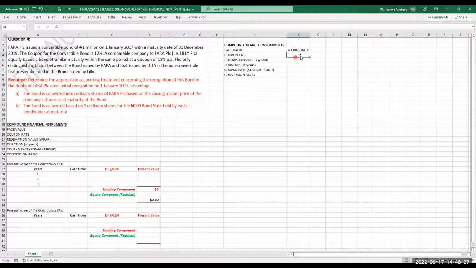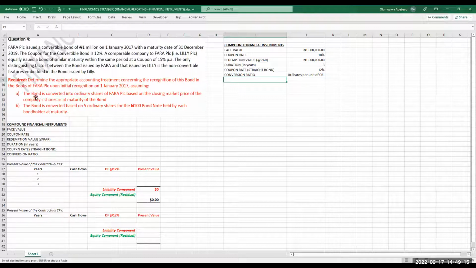Okay, coupon is 12%. Our redemption value is equally 1 million, which means it is redeemed at par, which is at face value. The duration in years is 3 years. And the coupon rate is 12%. And the conversion ratio is 10 shares per unit. And I'm doing that on the premise that